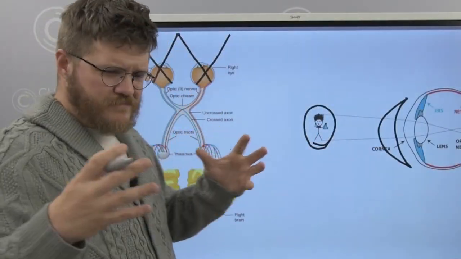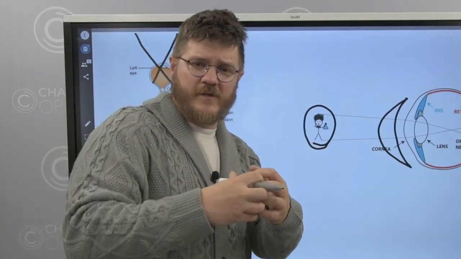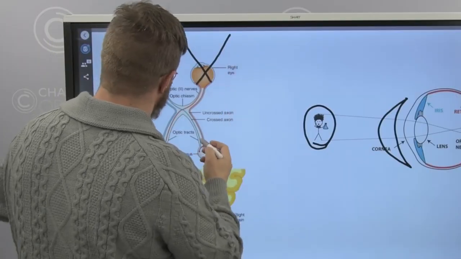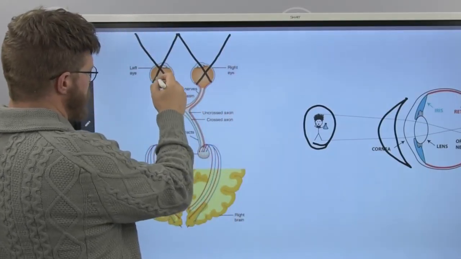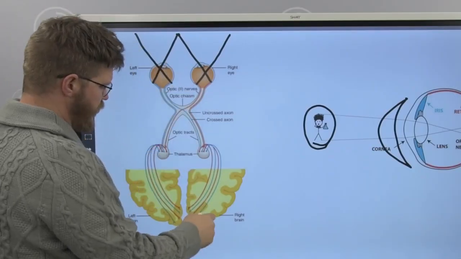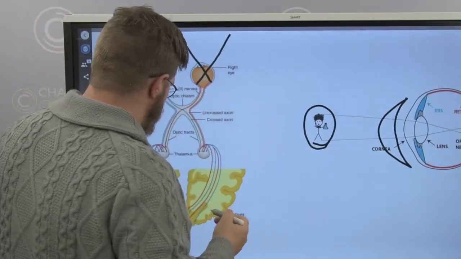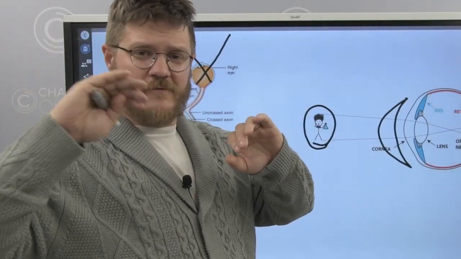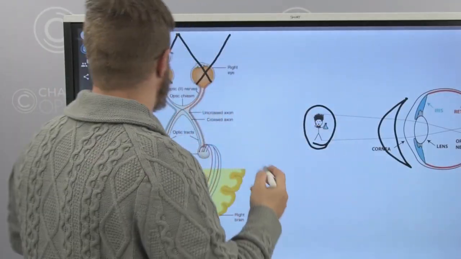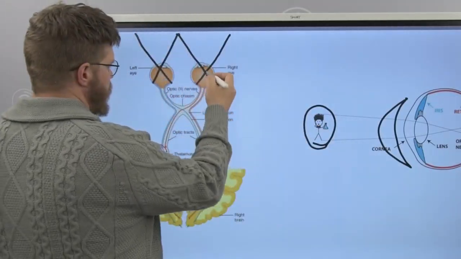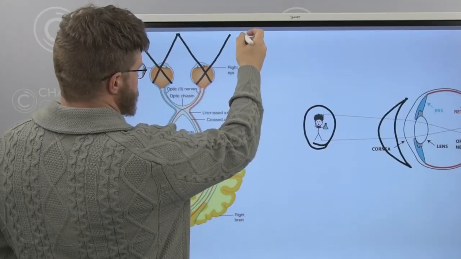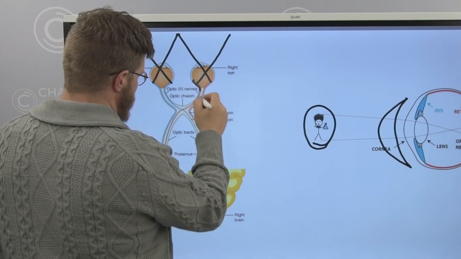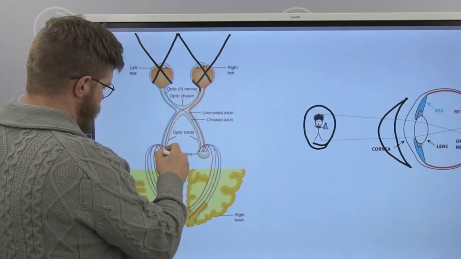This is partially because the eyes are connected to each other in what they see. Basically what's happening is that the left side of the world appears on the right side of the brain, and the right side of the world appears on the left side of the brain. So half of each eye is going to each side of the brain. Let's talk about that a little bit more. So this is what you are going to be seeing on the right side. It goes to the left side of the retina and then works its way down here and then here